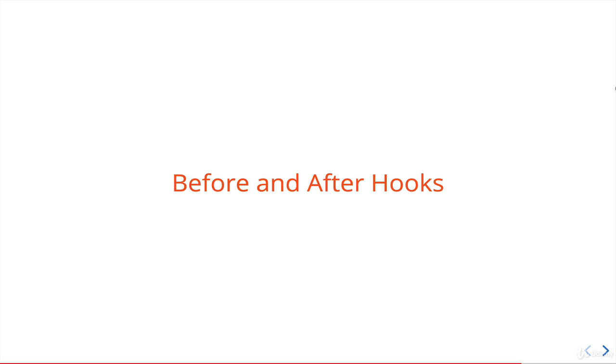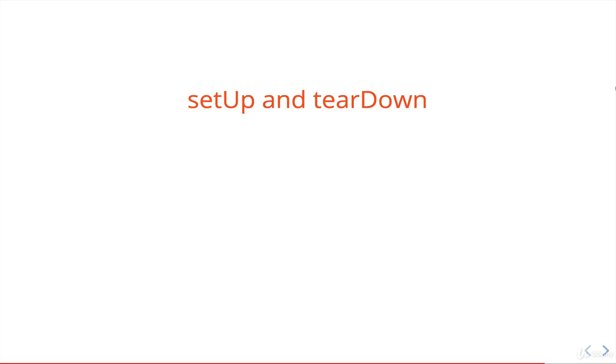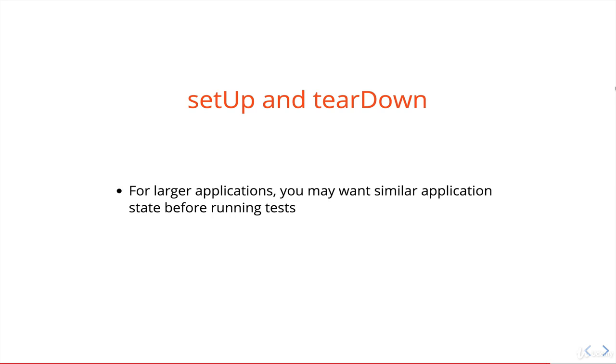Oftentimes, you have code that you need to run before tests or after all your tests, whether that has to do with a database, adding data to a database, or creating fake data that you want to use in all of your tests, like a fake user account. And instead of recreating it in every single test function, you want it to be available everywhere. We can define two methods called setUp and tearDown. They do have to be named in a particular way. And like I said, in a larger application, you might want some similar code to run before every test. So you put that code in setUp, and it runs before every test method.